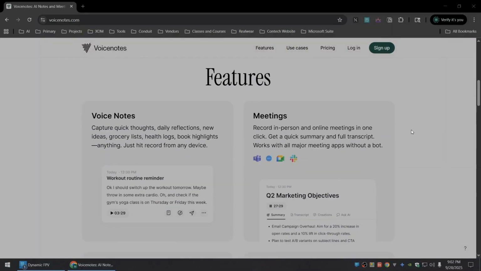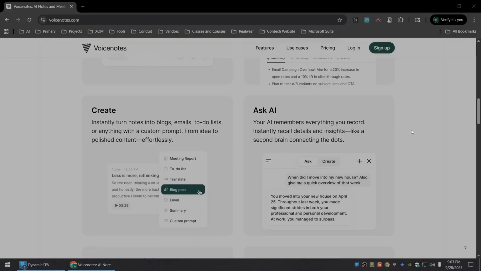So some of the features, you can just take quick voice notes. You can also capture meetings, and we'll get more into that later on in the video. In the app, there's a create feature, which basically calls upon the AI for prompts, and you can see some of those there. With meeting reports, you can create to-do lists, you can translate from different languages, you can have it automatically create a blog post after some brain dumping or some notes that you have taken. You can have it compose an email, create a summary,